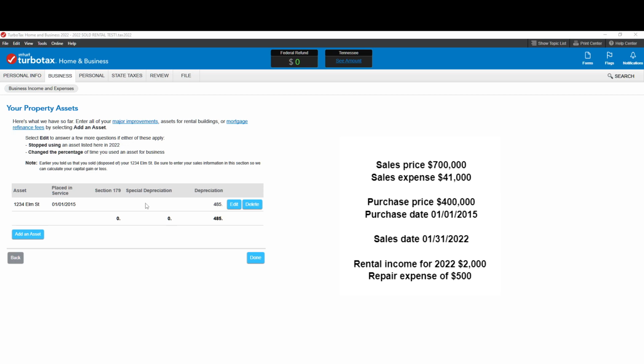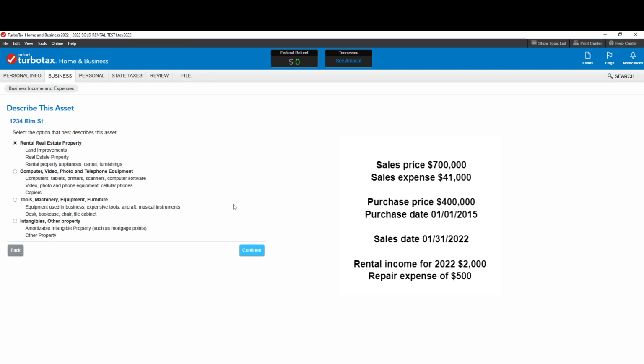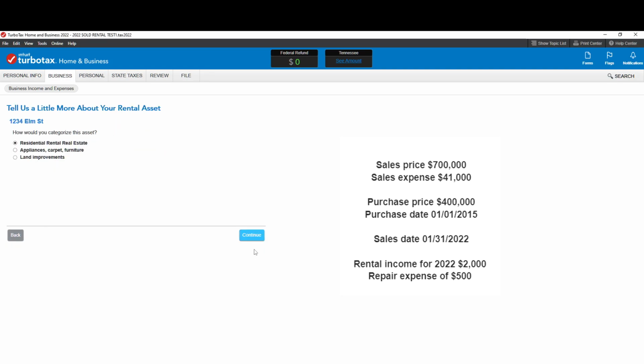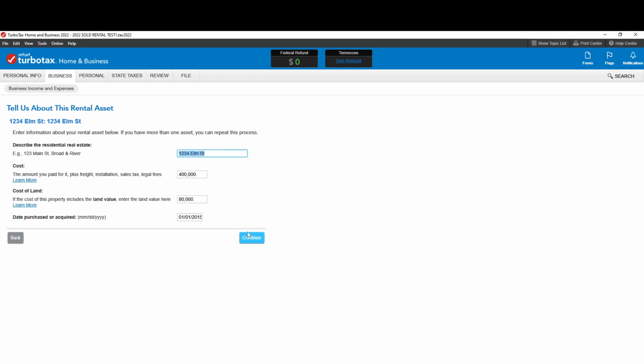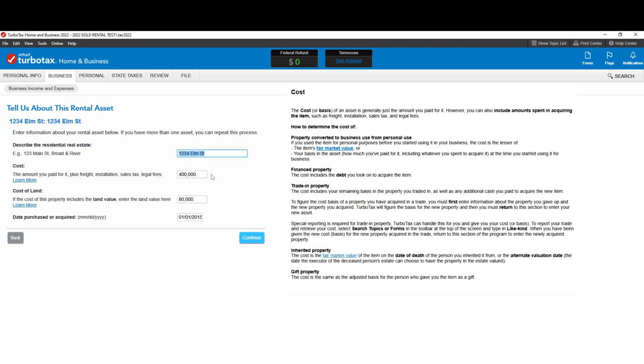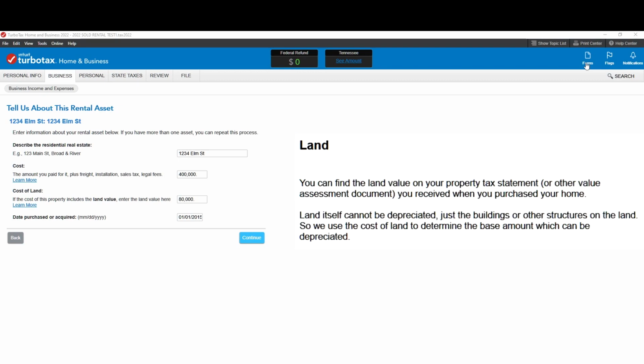Here is the rental depreciation allowable based on what we've entered so far. Here we select Edit because earlier we told the program that we stopped using this asset. For the cost basis in this scenario, we are using $400,000 as the total. For this scenario, the land value is $80,000. You can find the land value on your property tax statement or other value assessment document you received when you